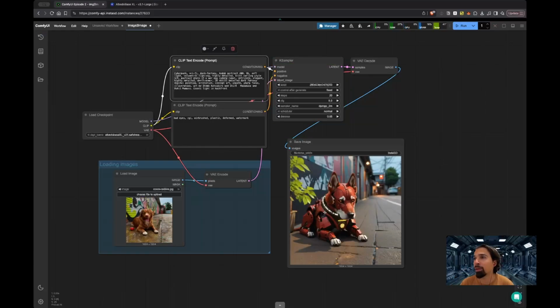And there we go. Now we have a cyborg dog that is sitting there. Still, the composition was generally kept the same. Now, one of the things that you want to be mindful of when working with anything with ComfyUI where you have to introduce your own images is essentially the size of the image and what your model is capable of working on. So this model that we're using is basically an SDXL or Stable Diffusion XL